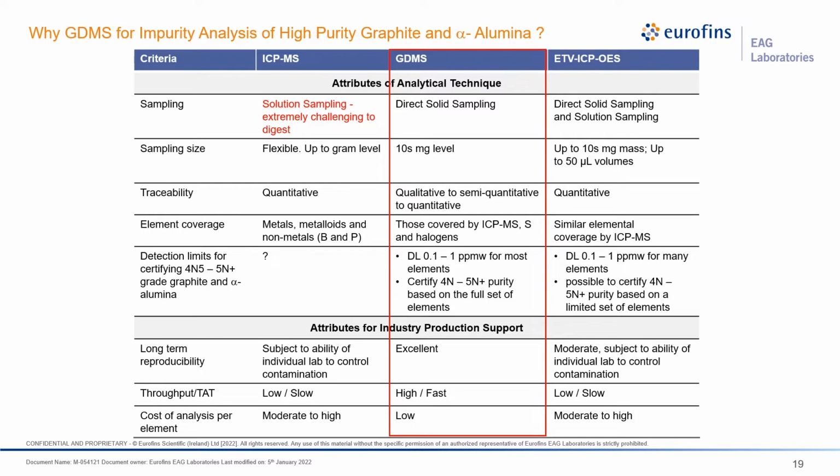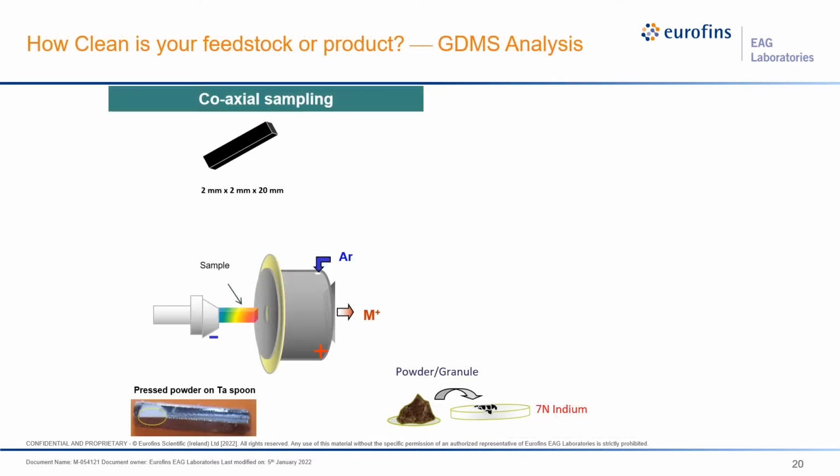With other techniques, you can always raise the doubt whether I actually detected them, or if I detected them, whether I actually introduced contaminations. Well, in GDMS, those kinds of doubts can be cleared very quickly. So as we see, one of the primary concerns in high purity graphite and high purity alumina analysis is